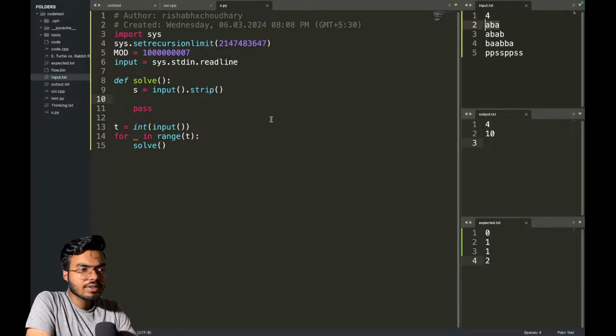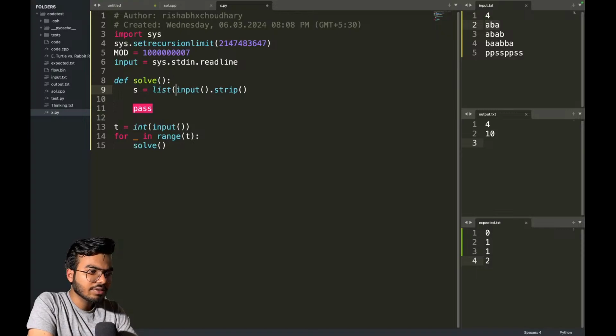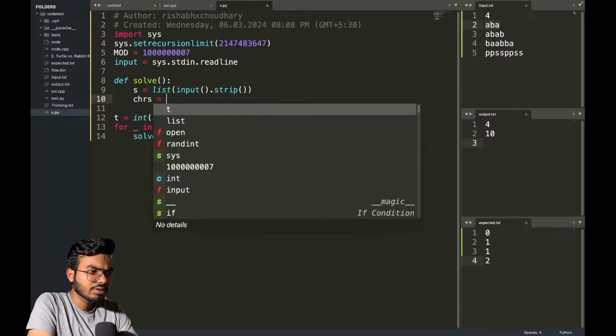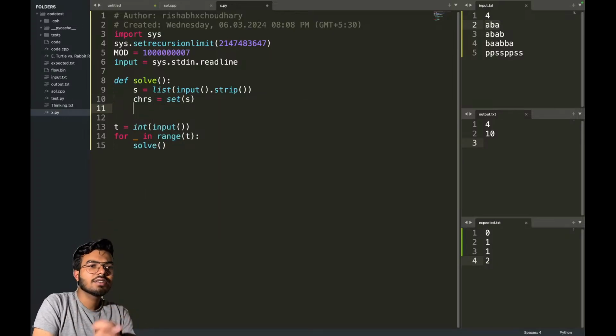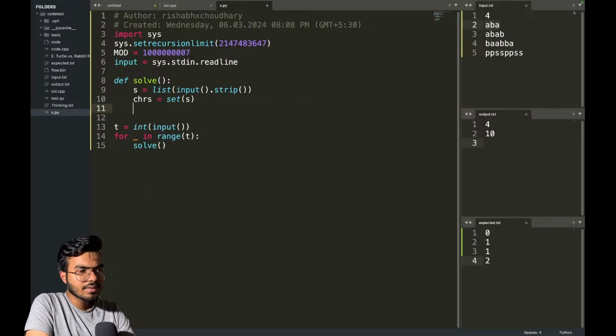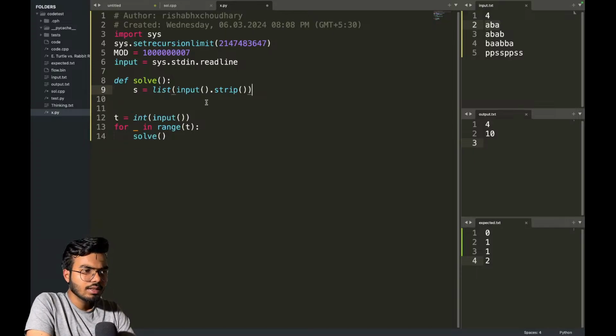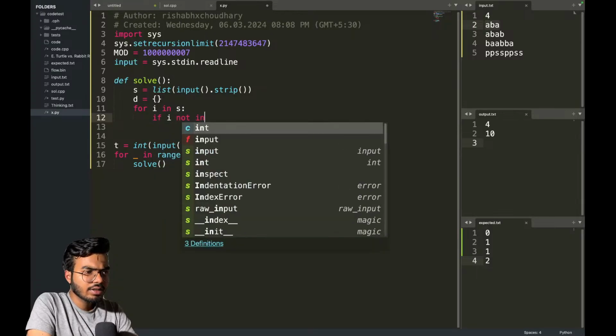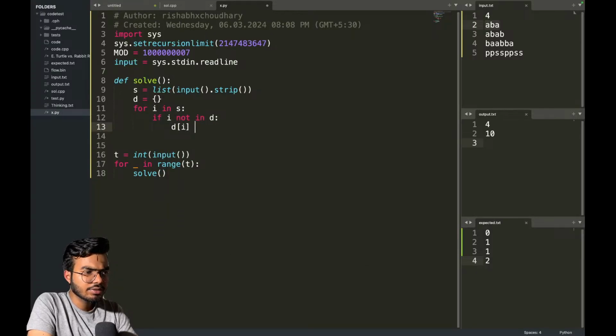Now we have this input. First I want to get the characters, so I can convert this into a list, an array of characters. Now I can get the set of chars, so chrs equals set of s. So now I got the set of characters that are present in this. Let's make a map. Now for I in S, if I not in D, d of I equals 0, else d of I